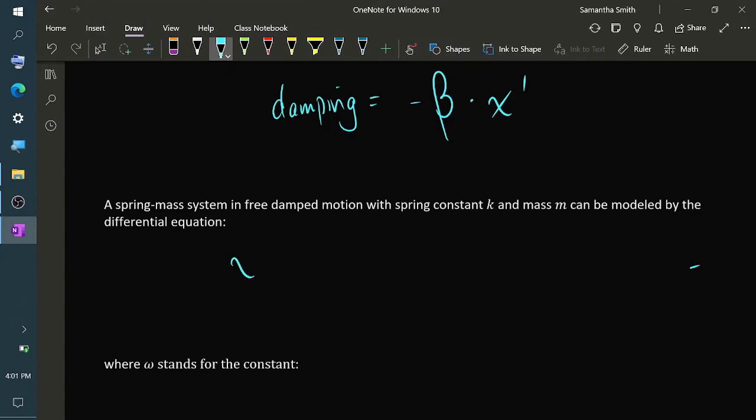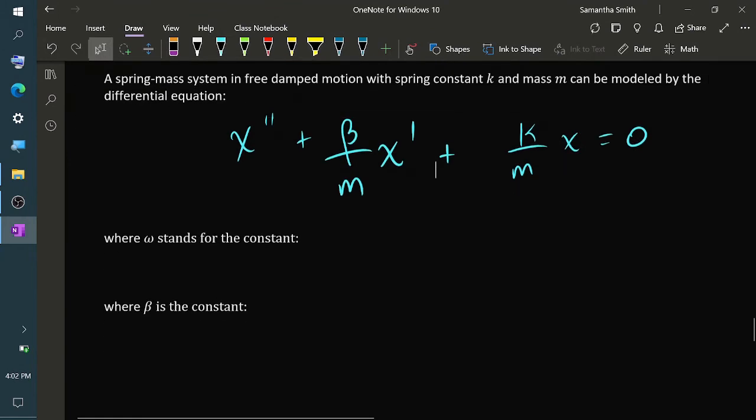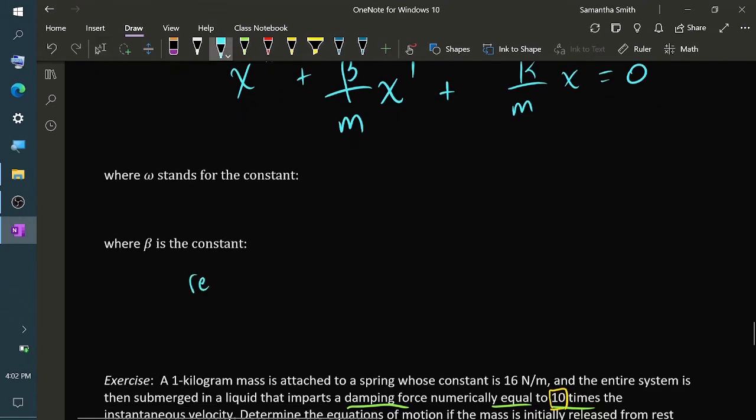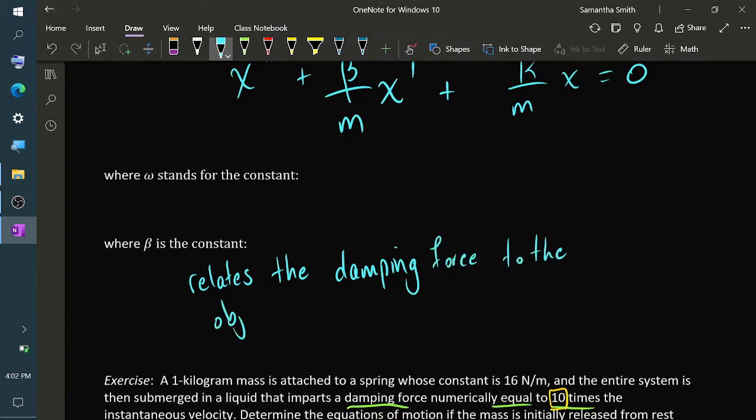The only difference really is that instead of just having x double prime and k over m times x, we have a third term which sort of accounts for the damping force. And the third term is given by plus beta over m x prime, where m is the mass, x prime is the velocity, and beta is the constant that relates the size of the damping force to the object's